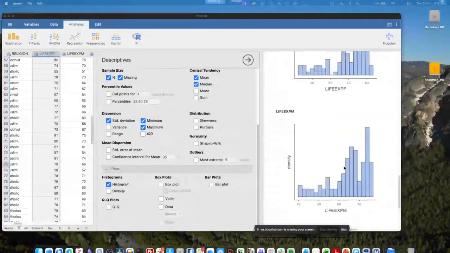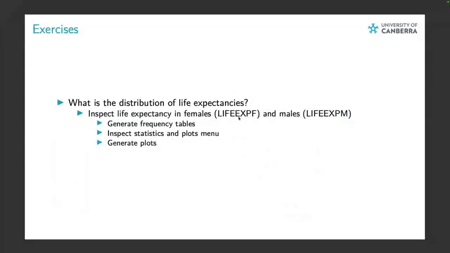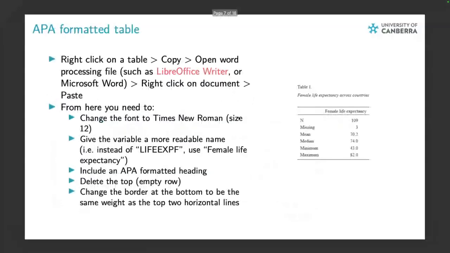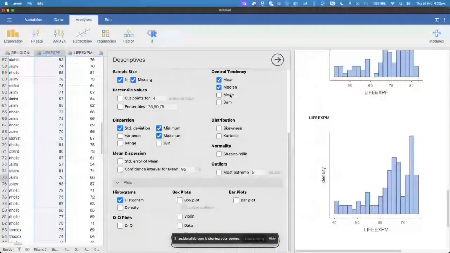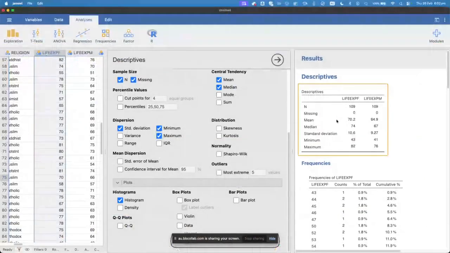Excellent. Okay, well done. That is that. We've generated plots. Now we're going to APA format this table. So what do you do to APA format your table? You right-click your table. So here, I want you to all do this with me. So you right-click, you go copy,